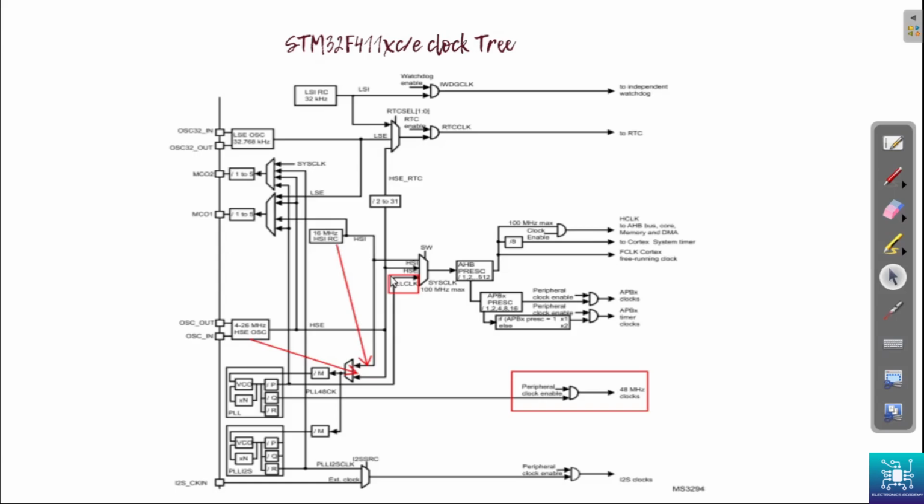Welcome to the segment on STM32F411XC or XE clock tree. Now, before you freak out seeing this diagram, it is not that difficult to understand. I have seen a lot of confusion happen with setting up the clock for higher end microcontrollers. So we will go slowly in this chapter and we will not move to the next section until we understand